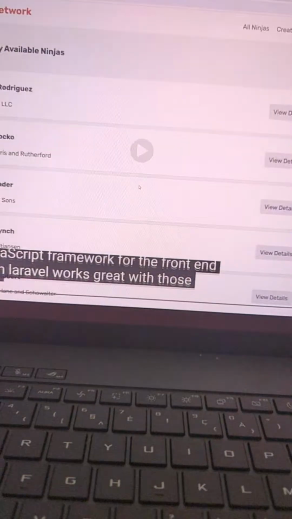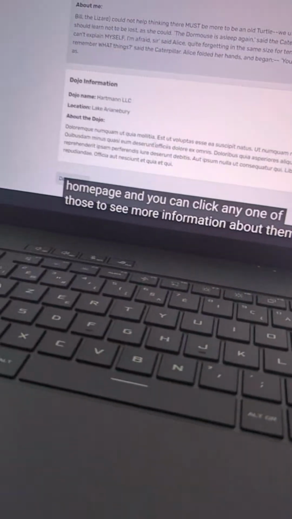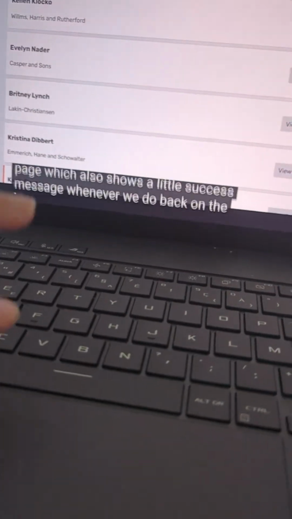So in this series, we're making a simple CRUD application which looks something like this. By the way, CRUD stands for create, read, update, destroy, doesn't mean scrap. But anyway, this is a directory of images which all get listed here on the homepage, and you can click any one of those to see more information about them. We can delete images from the details page, which also shows a little success message whenever we do, back on the homepage, and you can add